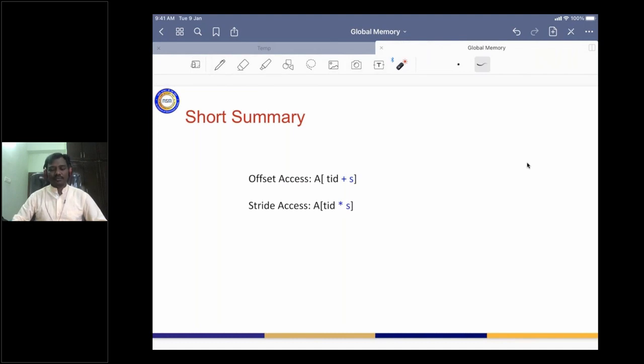Sir, the first question is: is memory coalescing similar to the concept of shared memory? Shared memory is a little different. As of now, with memory coalescing, we are only understanding whether consecutive threads are going to access consecutive memory locations or not. If that happens, then the number of memory transactions is reduced. That's the main theme. Shared memory is a little different concept. We will discuss it a little later in further classes.